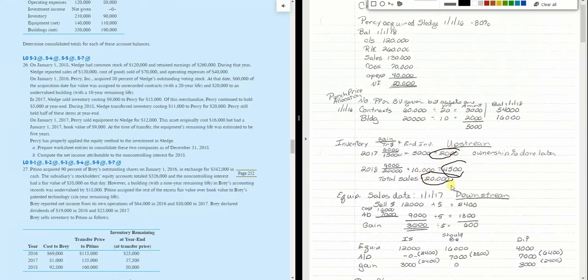If you feel better about it, go ahead and make your journal entries. Debit sales, credit cost of goods sold, debit cost of goods sold, credit inventory, debit upstream retained earnings and credit cost of goods sold. But we'll get to those in a second. The last one